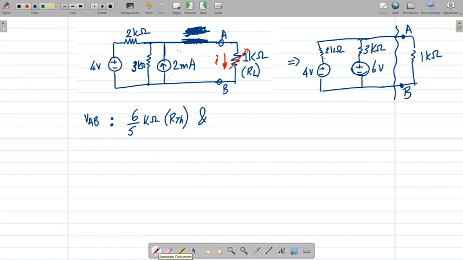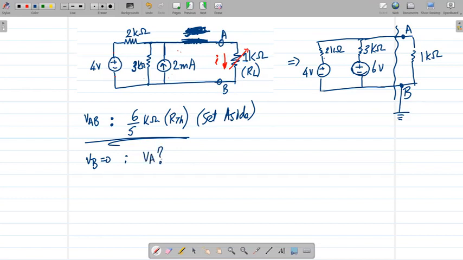let's say VB is equal to ground. I'm going to erase this part. I found the Thevenin resistance, so let's keep that aside. The new technique is, I'm going to assume that VB is equal to 0. Because it's one common point, I'm just assuming it's 0, it's grounded. And then VA is what I need to find out now, right?